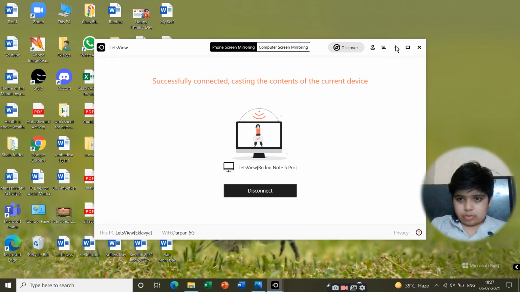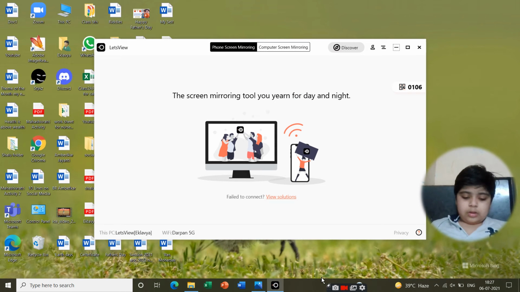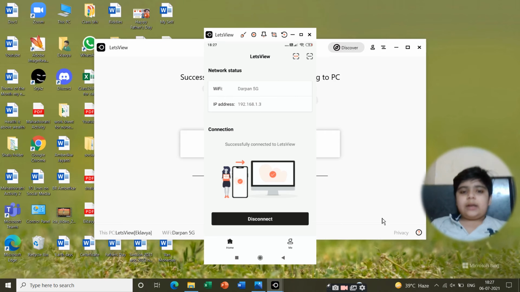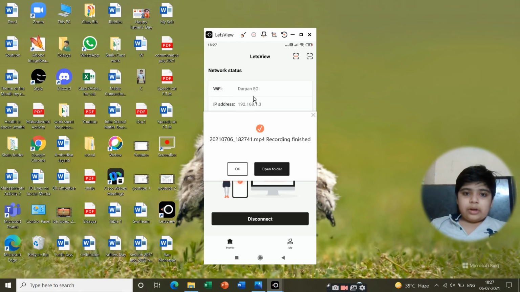And we can also do other things. If I don't want to close it, I can also do recording. First you have to disconnect from here, then we have to click on phone screen mirroring, then we will start the process. Here we can do recording. Hello everyone, now the recording is done, so we can click here.